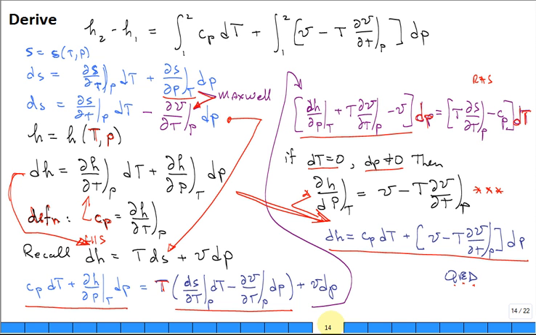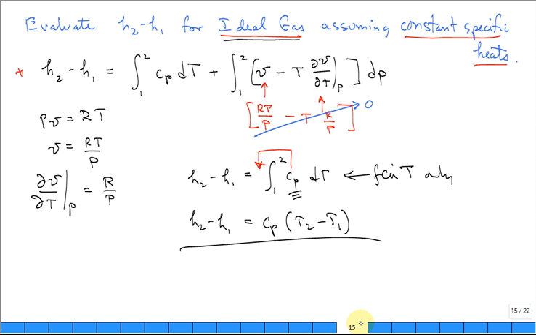I used to spend more time doing this, the derivations in the textbook. And it starts like, oh, well, I'll start here, and then I'll use these Maxwell relationships. Then I'll start here, and then I'll combine and recall, put it together, and voila. More important is how do you use a relationship like that? So let's go back to this relationship right there.